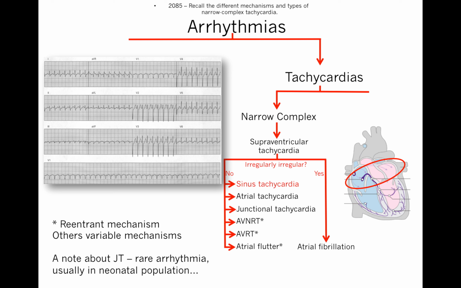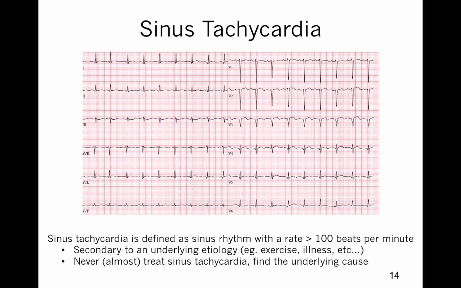Let's start with talking about sinus tachycardia. So here's an example of sinus tachycardia. You have a P wave that has a normal axis, so it's positive in 1 and 2, hence it's coming from the sinus node. Sinus tachycardia is sinus rhythm with a rate of more than 100 beats per minute and could be a very